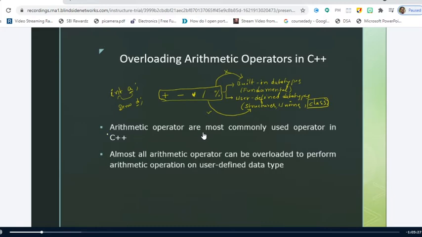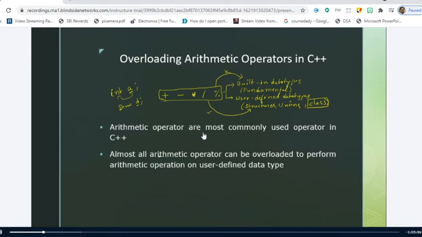Arithmetic operators are the most commonly used operators in C++. Almost all the arithmetic operators can be overloaded to perform arithmetic operations on user-defined data.